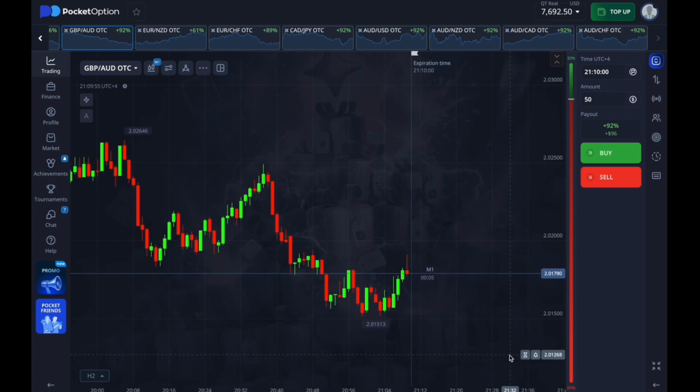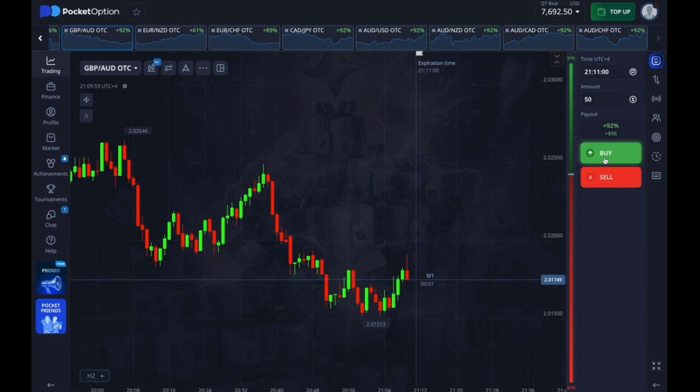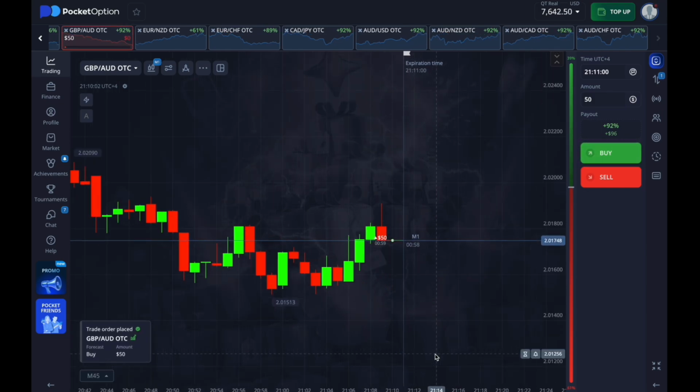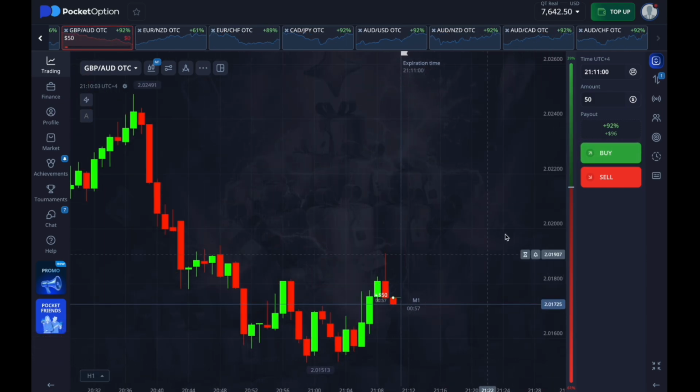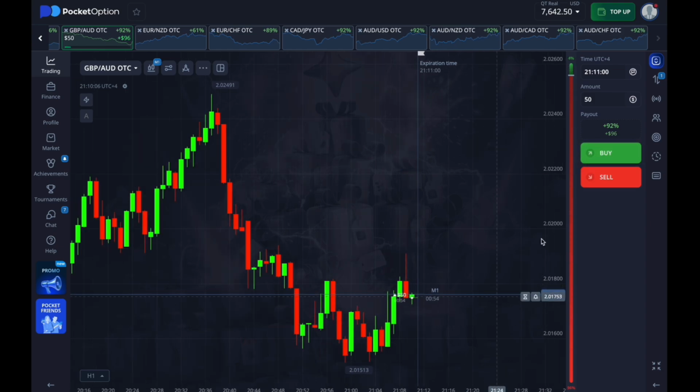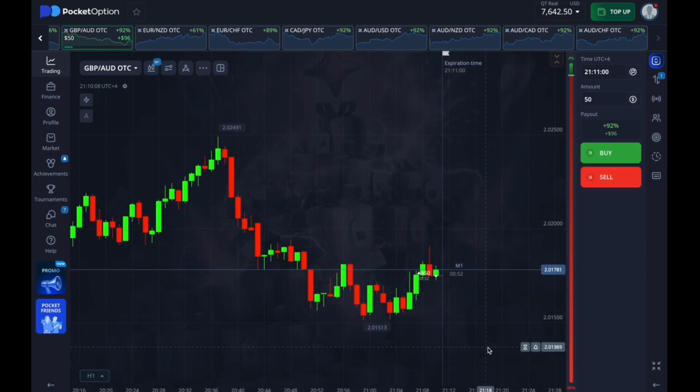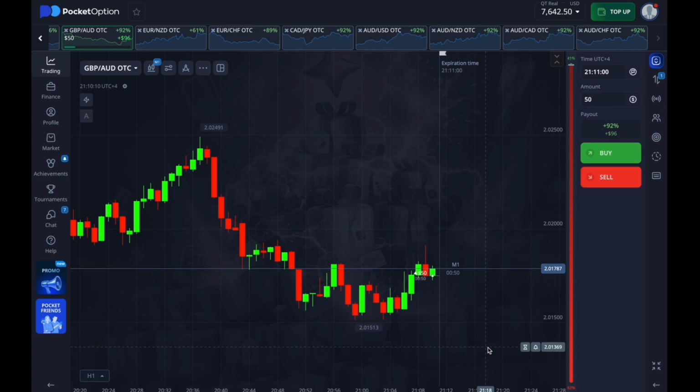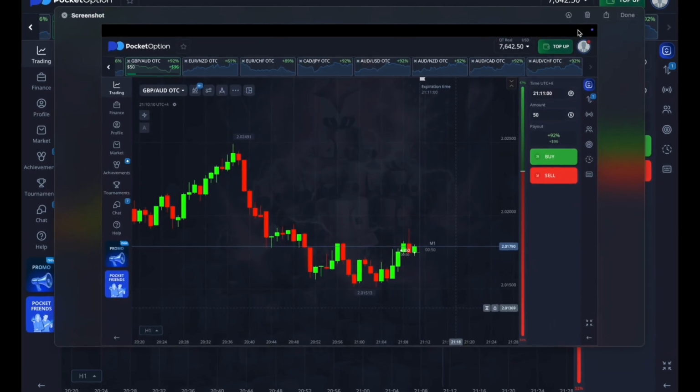Once again, we have a double bottom pattern followed by a breakout. So after the breakout, the market has formed a red candle, which I identify as a retracement candle. Based on that, I have entered a call trade. However, in hindsight, I should have waited for one more red candle because the neckline had not been tested